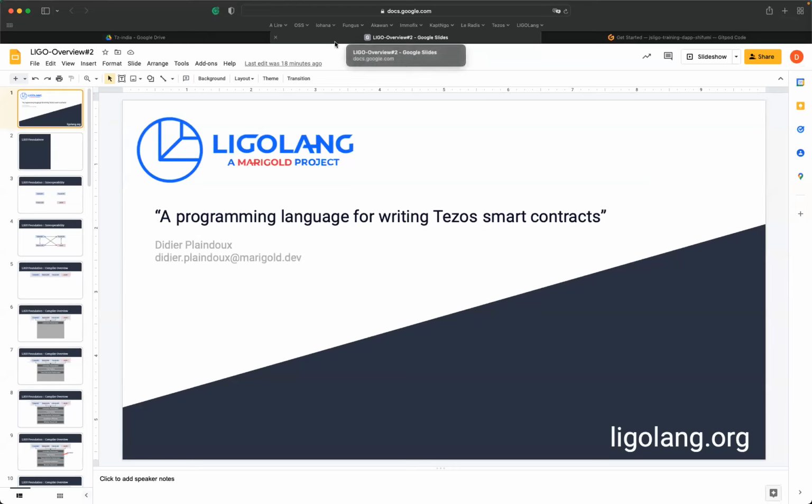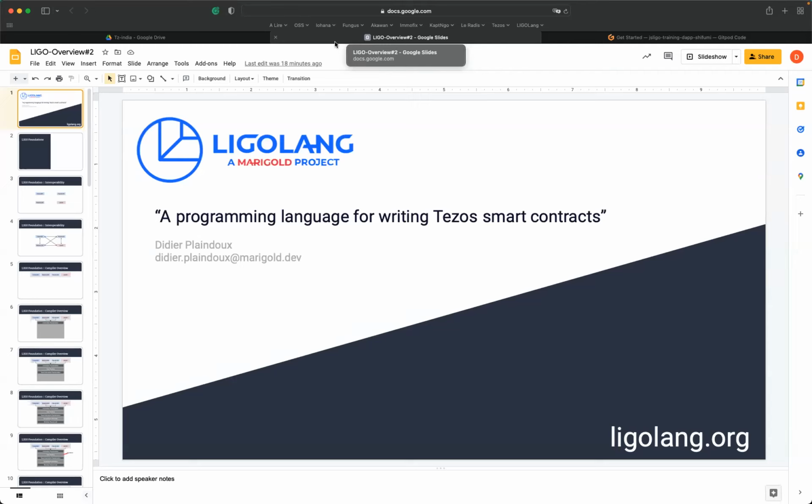First, in order to finish the introduction of LIGO and just to give you a short overview of how the compiler works and what a smart contract is. So I guess you already saw what a smart contract is during day 2 and day 3. But here we are going deeper and see how to build a smart contract with a secure layer thanks to test frameworks and so on.